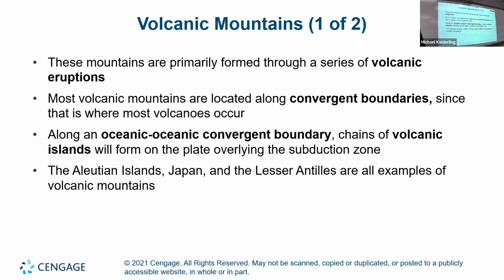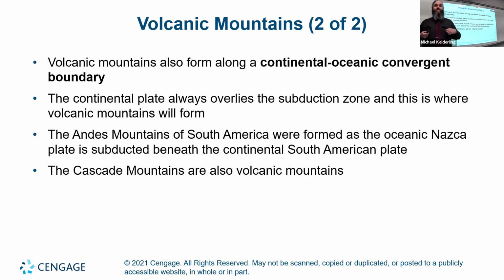And they form on the plate that overlies the subduction zone. So you get volcanic islands when you have a plate melting underneath another oceanic plate. You can also get volcanic mountains along continental oceanic convergent boundaries. This generates things like the Cascades up in the Pacific Northwest, or the Andes along the west coast of South America. The continental plate always overlies the subduction zone, so the volcanic mountains form